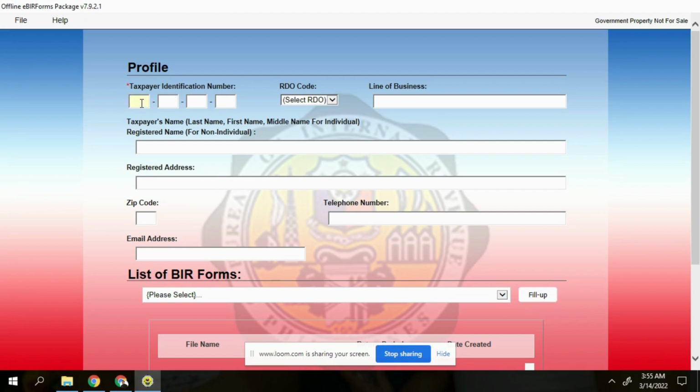Okay? So, we have here the profile. First, this is actually not my first time anymore. So, whenever I input the taxpayer identification number, automatic na lalabas yung mga details. Alright? So, 00 lang yung ginagamit ko, guys. This is for training purposes. Alright? Then, automatic. But if it's your first time, you need to fill up taxpayer identification number, RDO, and then